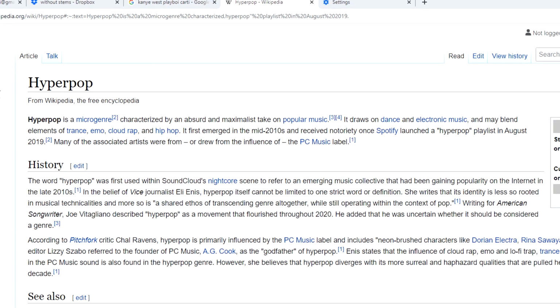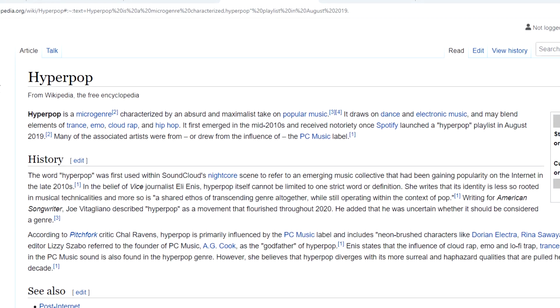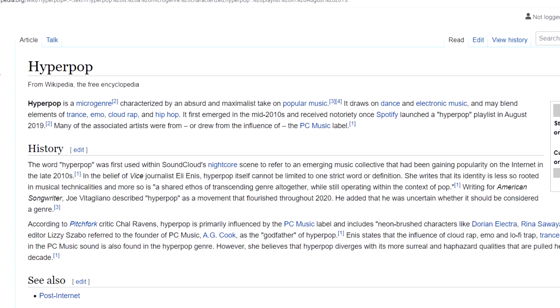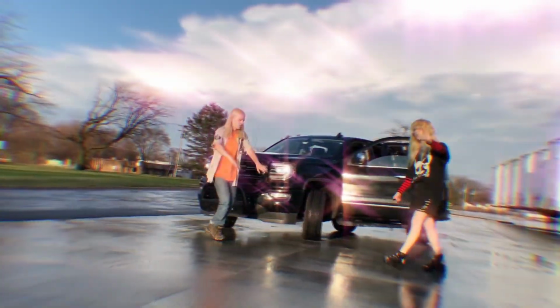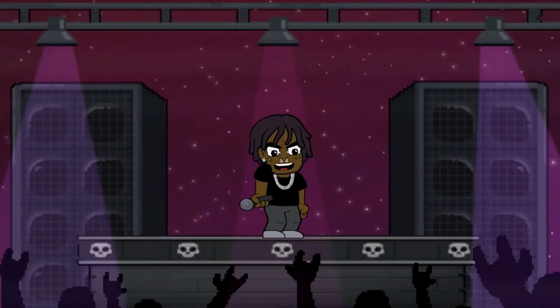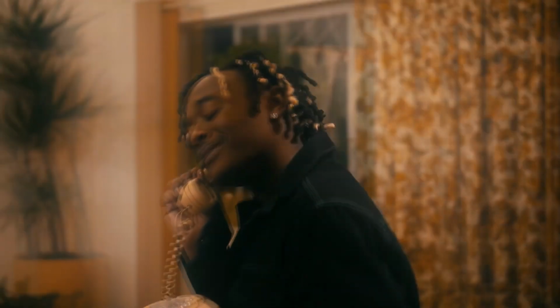What exactly is hyperpop? According to Wikipedia, it's a genre of music from the mid-2010s that takes the basics of pop EDM and combines it with trance, emo, cloud rap, and hip-hop. Honestly, it's hard to put a finger on the genre. One of the first artists I think of are 100 gecs, which I don't really listen to, but I think they're a pretty good example of what hyperpop melodies represent. As most of y'all know, Lil Uzi, Fontaine, and of course Playboi Carti often have hyperpop melodies over trap drums